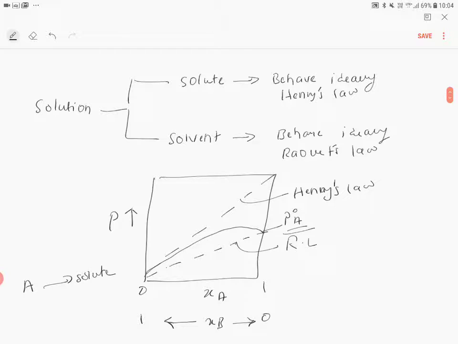Now if we draw the Henry's law curve and extrapolate this line to the right axis where XA equals 1, this gives a hypothetical vapor pressure which would be observed only if Henry's law were applicable for the entire range of concentration, that is when XA is equal to 1. Therefore, from the Henry's law curve, we observe that it meets the partial pressure curve only up to a small range of A. That is the reason we say that only for a certain range of A, Raoult's law and Henry's law are matching with each other.